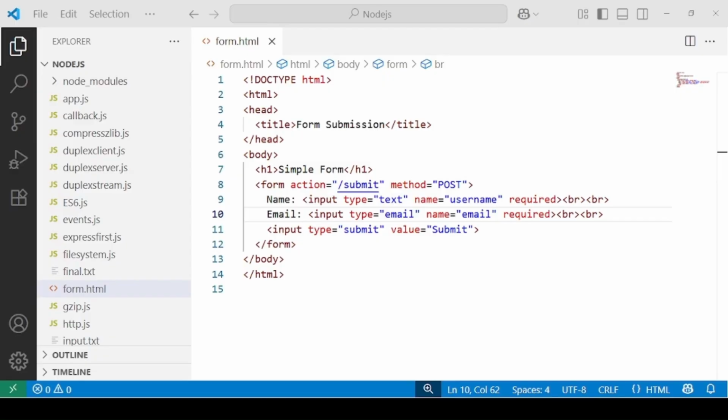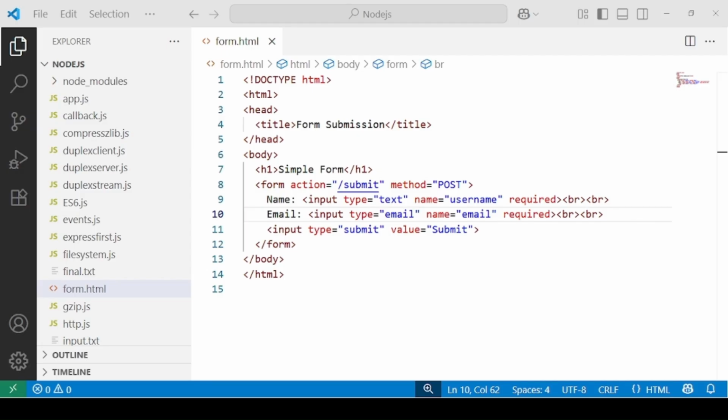to the next video in the Node.js series. In the last video, we learned how to set up a basic Express server and how it helps us write cleaner code compared to the built-in HTTP module. Now that we know how to handle basic routes in Express, in this video, we are going to take the next step, that is handling form submission.